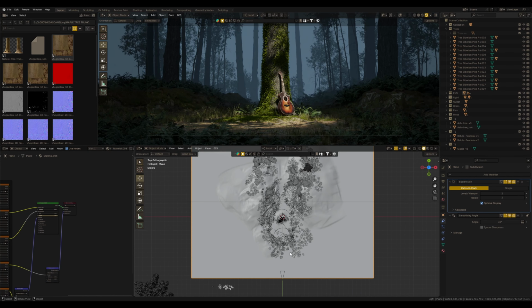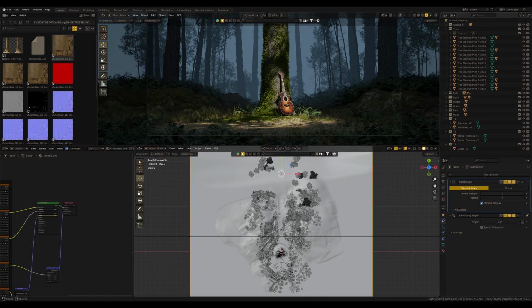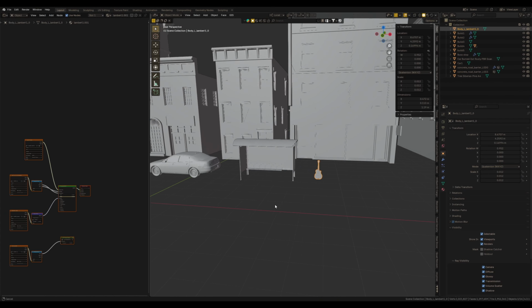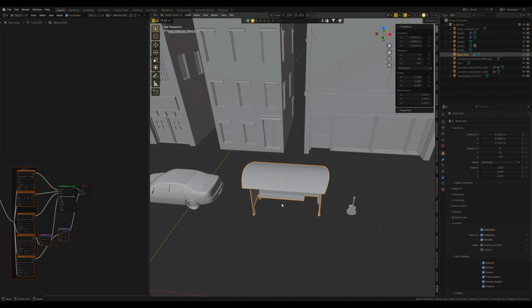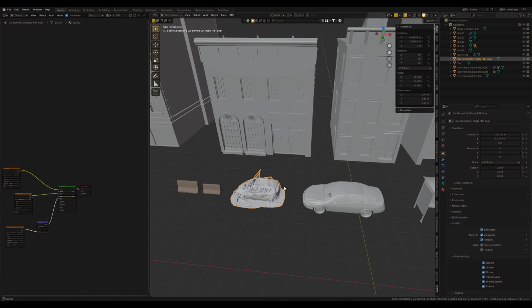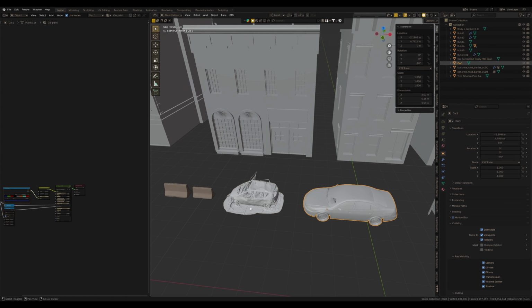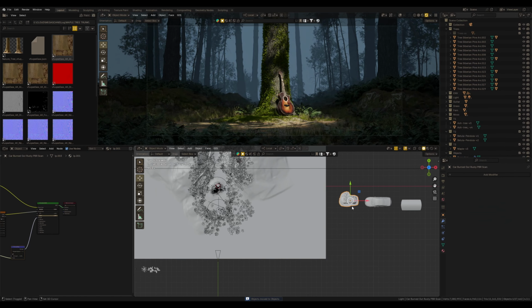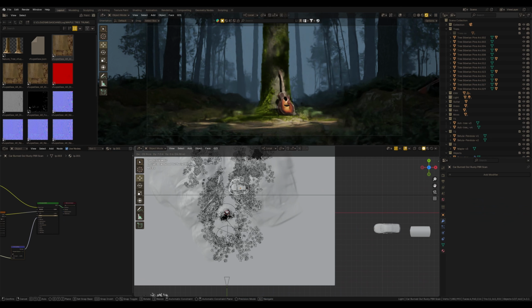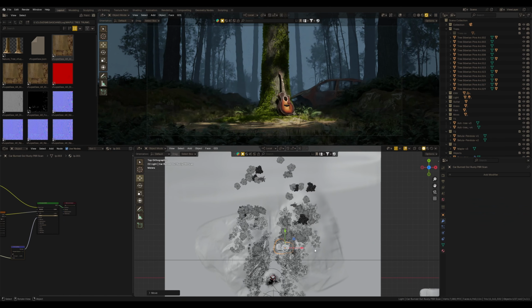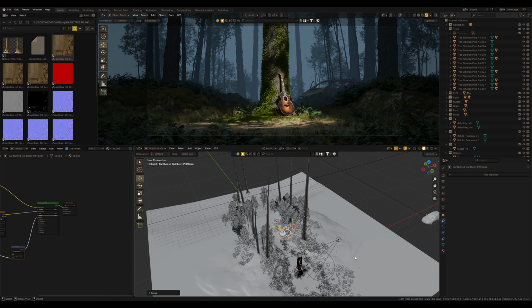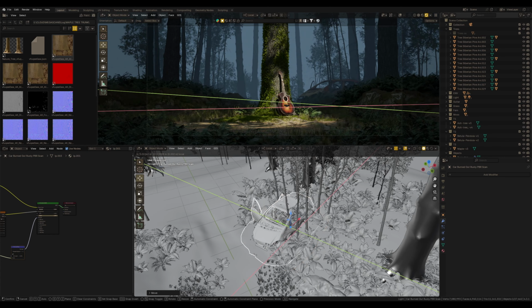So I use the same process to scatter trees and create a forest with Secret Paint. Now let's move on to the details. I have some models for this, like cars and a bus stop, so I drop them into my main scene. Let's start maybe with this car. I like this model, by the way. And I think I'll place it somewhere here, similar to the original The Last of Us background.